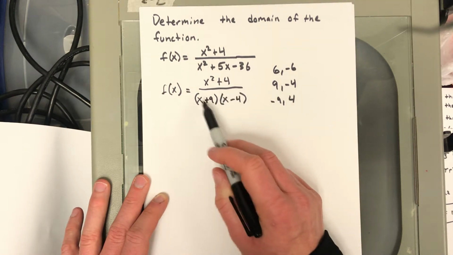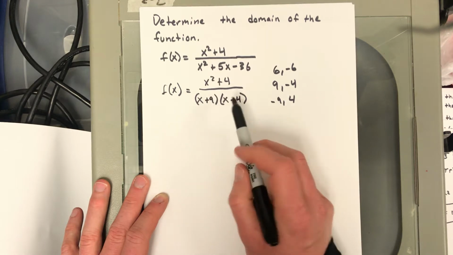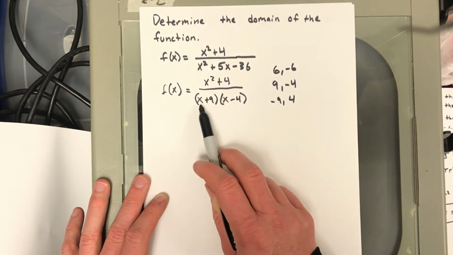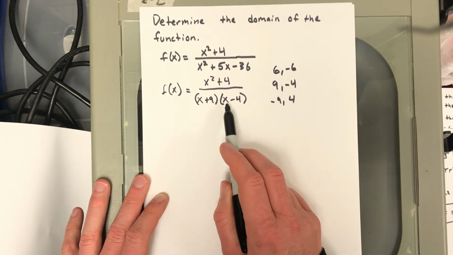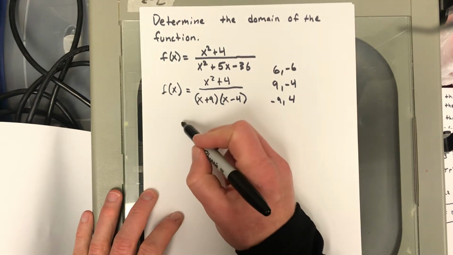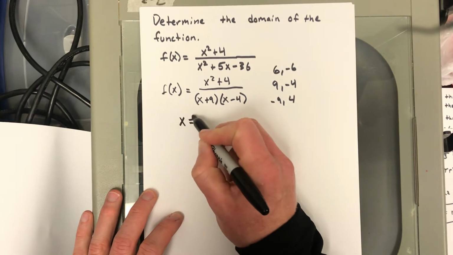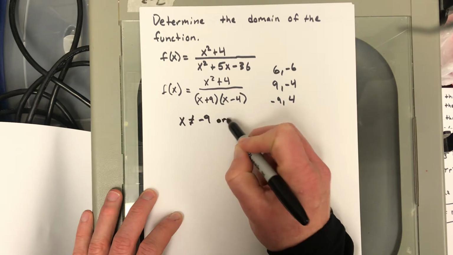And now I factored, this is the exact same denominator as what's above, but I factored it out, and I can see clearly that if x is negative 9, that'll cancel the denominator out. And if x is 4, that'll also cancel the denominator out. So basically, x cannot equal negative 9, or x cannot equal